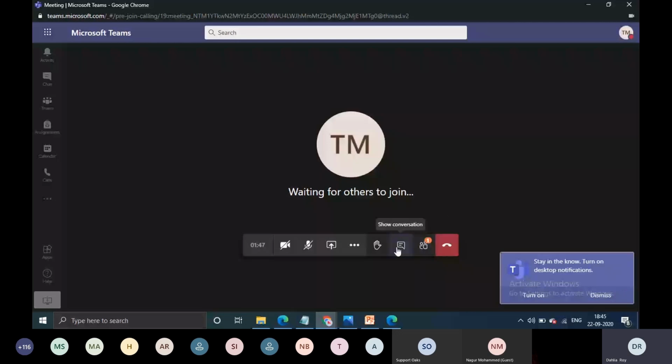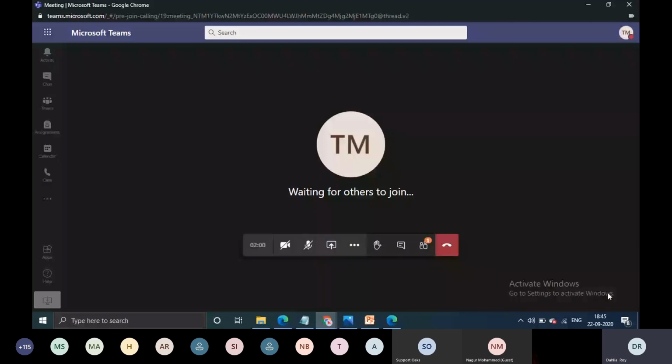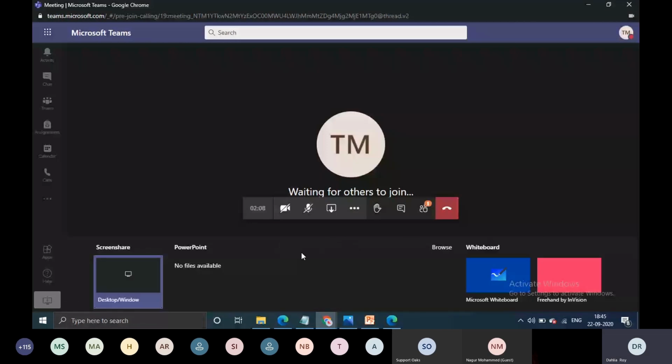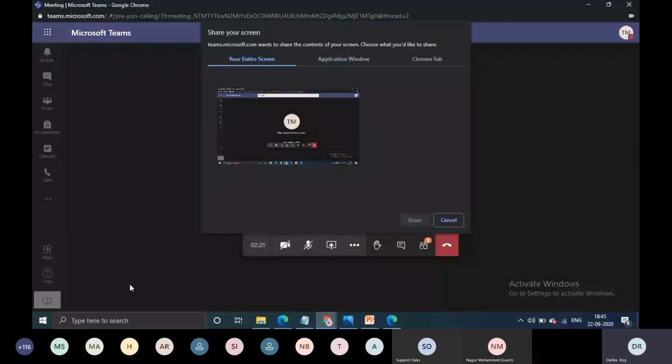So as you can see, there are a few options here. This is the camera option. This is the mute and unmute option. This is the share tray option. Okay. So I would like to share about this first of all. When you click on the open share tray option, you will get options like you want to share a screen or you want to use a whiteboard. So in case you want to share a screen, just click over here, screen share. Okay, select this and then share.